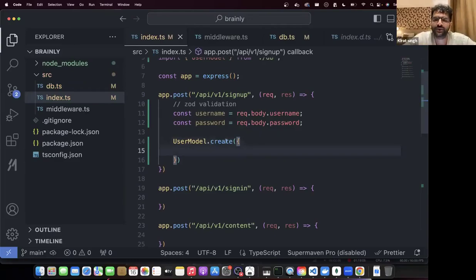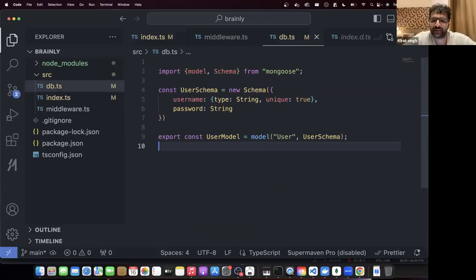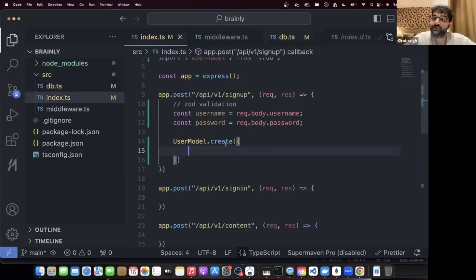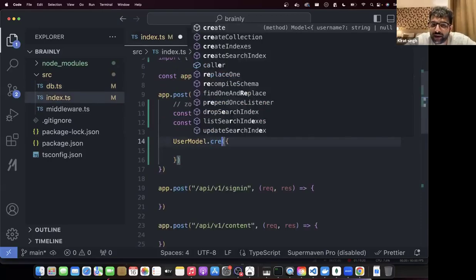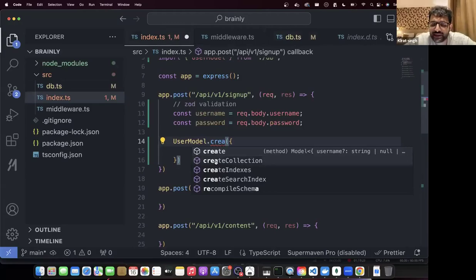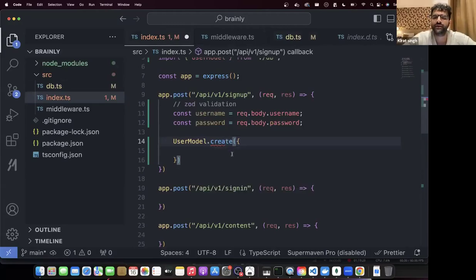Now I am getting the types also. The other one also worked, but उसमें types नहीं आ रहे थे. If I use small model, give it the name and the schema, now I am getting the types also. That is super helpful. Now I know what I have to do यहाँ पे. I can see a create collection, create index. I just want to create.